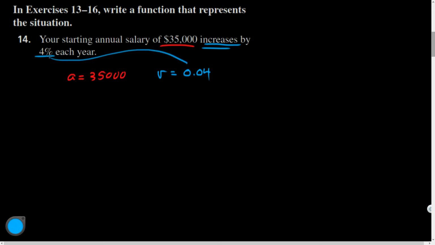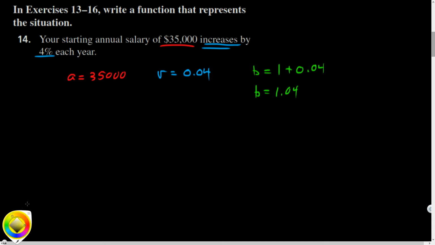To convert that to a percent, I shift the decimal to the left twice. And the fact that it's increasing tells me it's going to be growth. So that b formula that I just mentioned, b is equal to 1 plus r in this case, so plus 0.04, therefore b is equal to 1.04. And so if I want to write the equation here, I could say y is equal to 35,000 times 1.04 to the